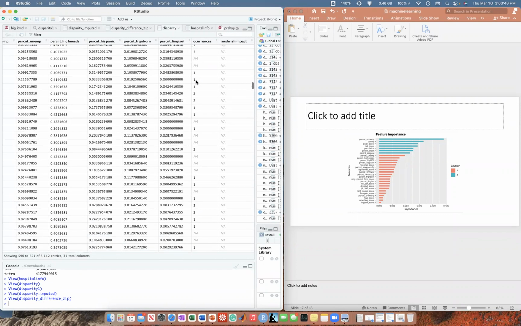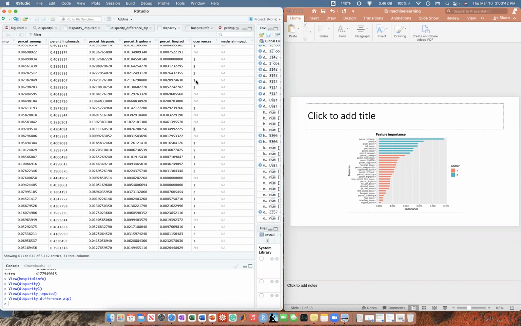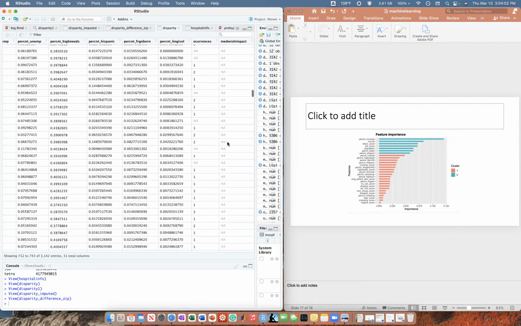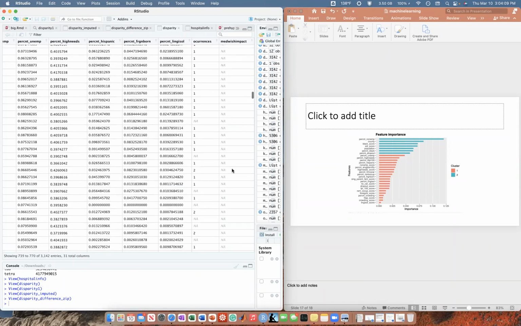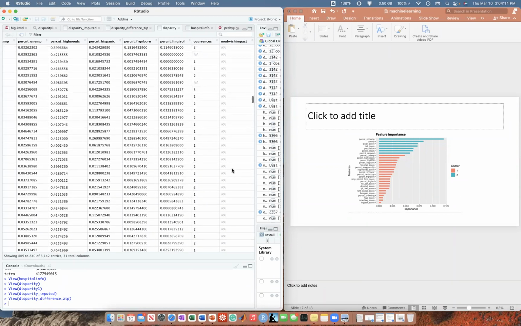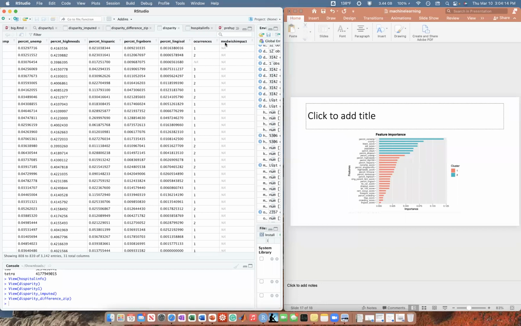Some have NAs because not every FIPS code will have a hospital, or it's just not listed. So I use the amount of data that's available. It's a limitation for all of this. It says how much data is available. Cool. Use it. And then I put in the impact of MedWish on communities. They're present in this data set, I just don't know where they are. I think I have one for Cuyahoga County and one for a county like Franklin or something, like Akron. Anyways, that's MedWish impact.